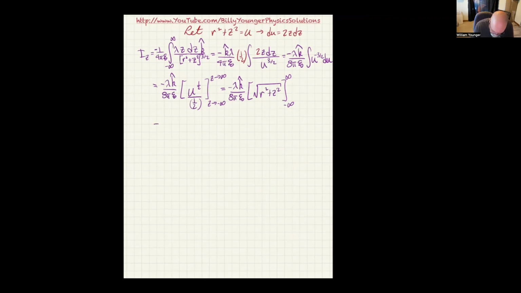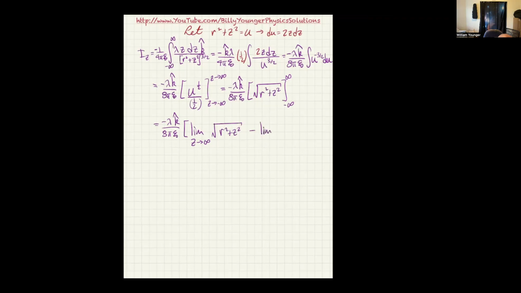So when I actually do this, I get negative lambda k hat over 8 pi epsilon naught. And then I'm going to say take the limit as z approaches infinity of the square root of r squared plus z squared